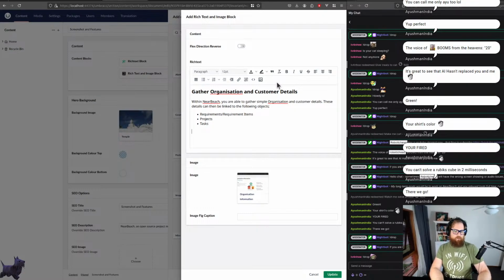Okay, cool. These details can be. This will help you track which objects are currently connected to these organizations / customers. Pretty simple. Screenshot of the